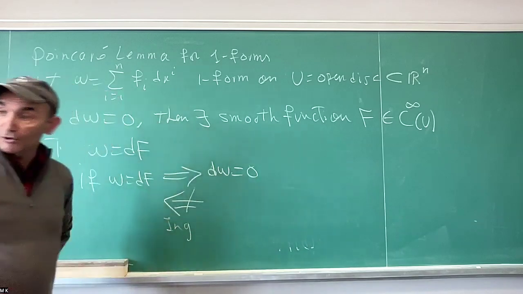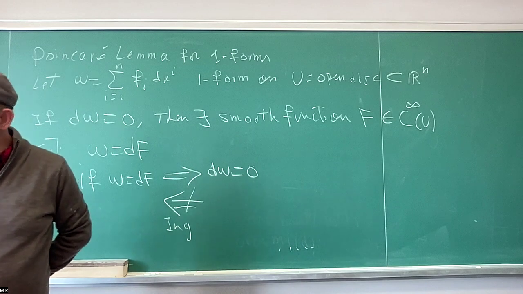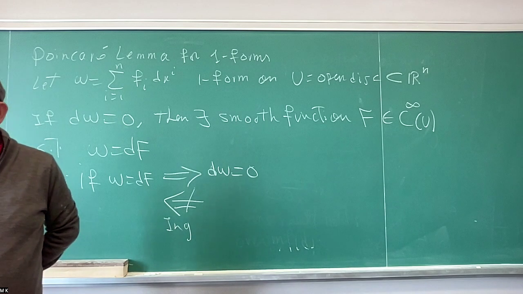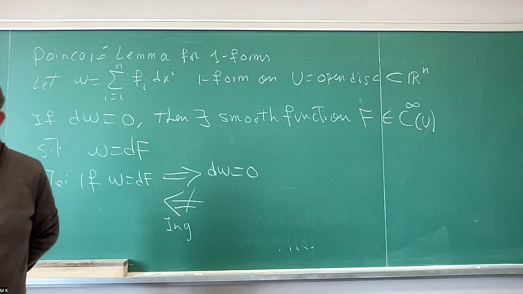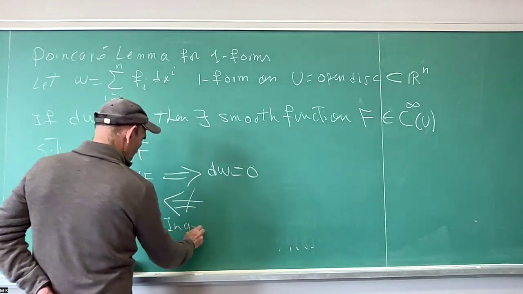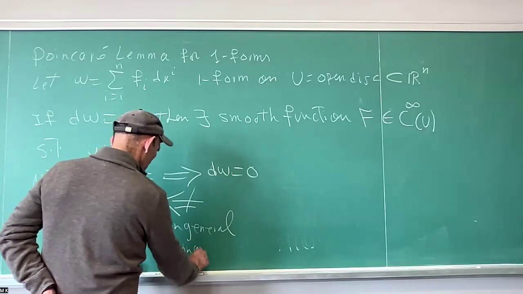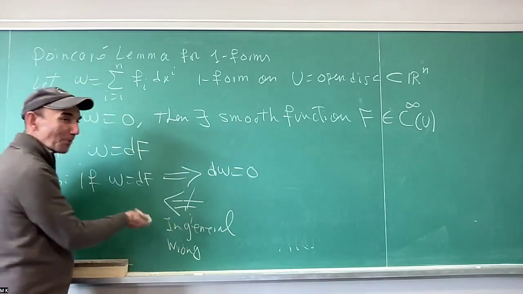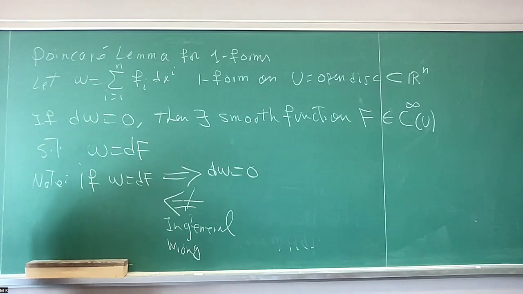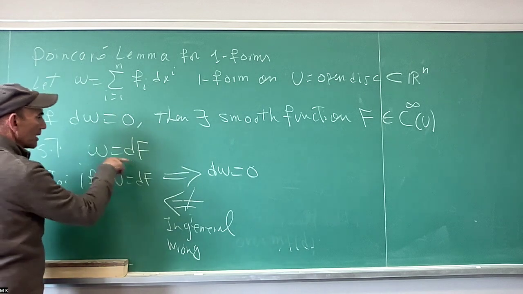As I gave an example actually last lecture about the punctured disk, punctured plane. I gave an example of a one form, d theta, differential of the angle, which is closed, but is not the differential of any function. So in general, this implication is wrong. The converse statement is in general wrong. That's what I mean. Okay, but the beauty of this Poincaré lemma is that